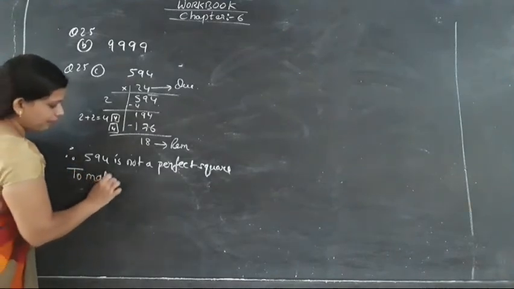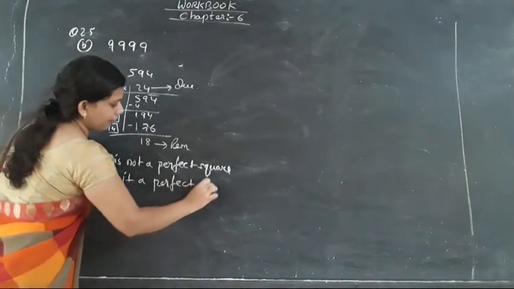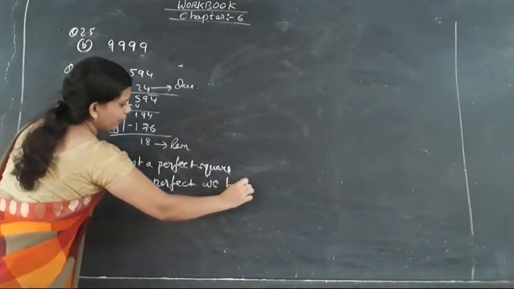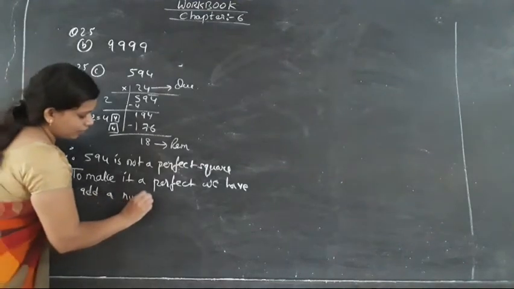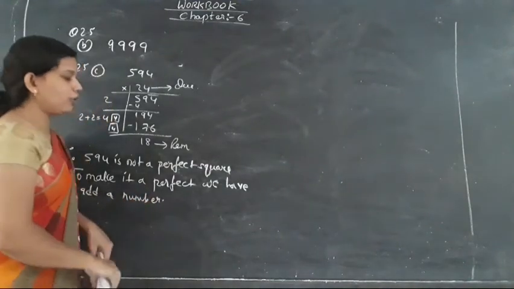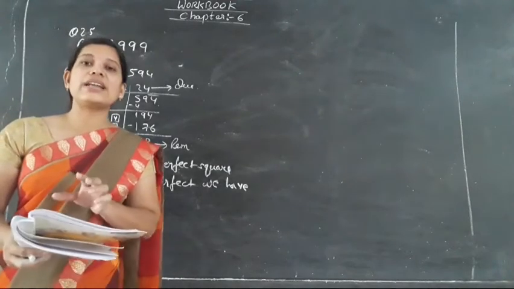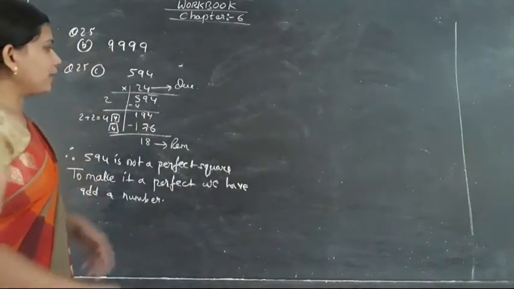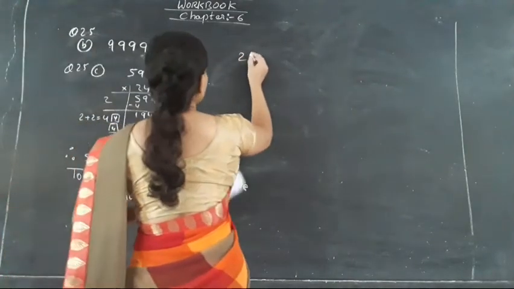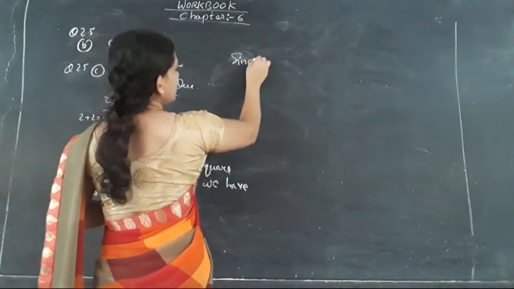To make it a perfect square, we have to add a number. So what number will be added to make it a perfect square? क्यों added? Because here in the question it is said that added, okay, added word है। So देखो ये 24 है, तो 24 plus 1 कर देंगे,